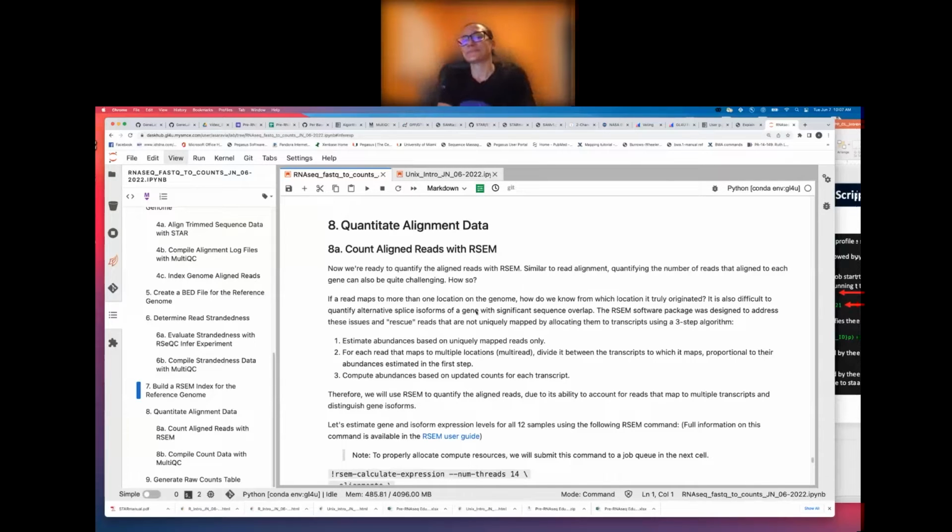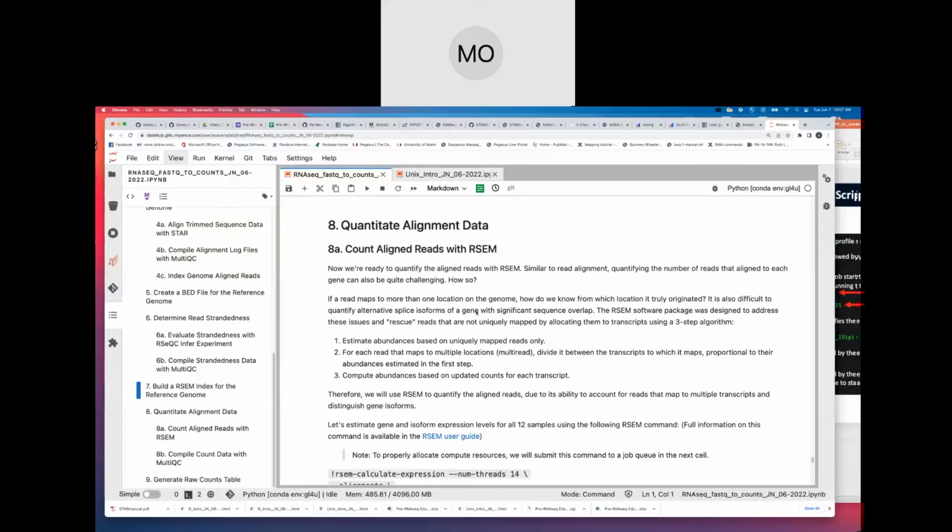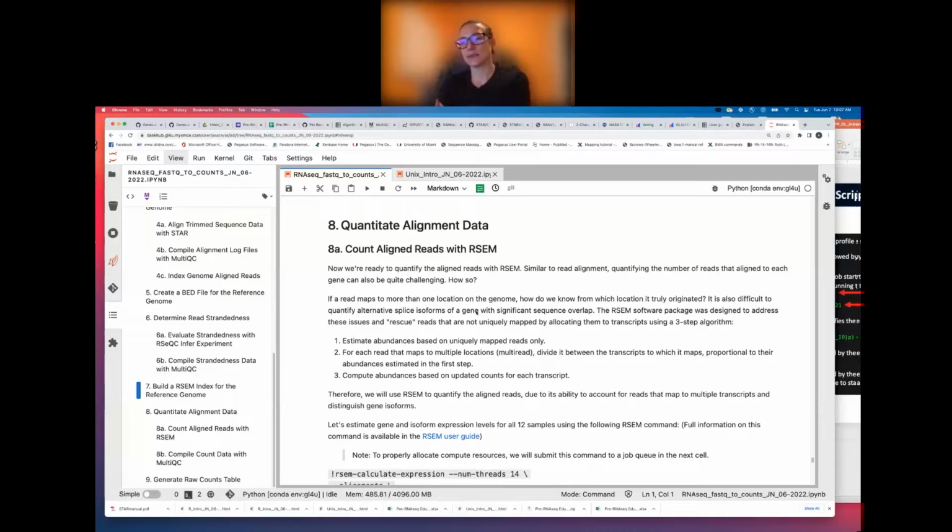Okay, because of the significant sequence overlap? Yeah, because there are reads that can be mapped to multiple locations on your reference genome. And if it does map to multiple locations, how are you supposed to know where it comes from? So that's a big issue when it comes to quantitating. And similar to genes, there can also be different splice isoforms. If you want accurate isoform quantitation, you also have to deal with reads that could map to multiple splice isoforms